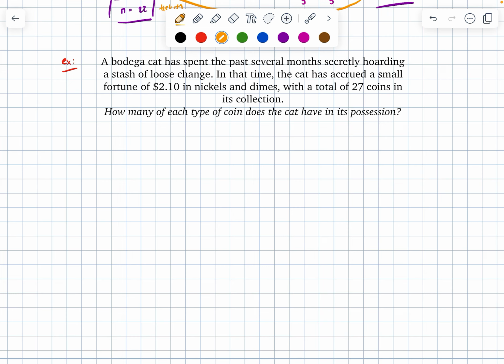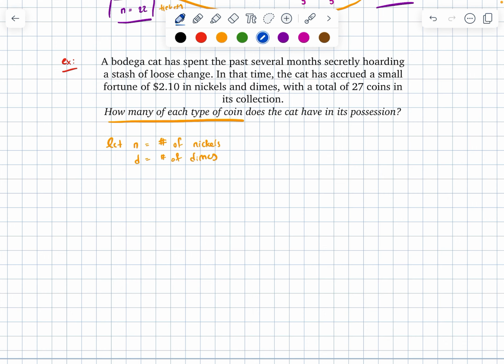And stop. All right, let's do it. So again, no need for a diagram here. Let's start with our variables. I want to know how many of each type of coin my cat has. Well, I've got 2 types of coins, so I'm going to need 2 different variables. So I know how many tells me I want specifically the number. So I'll say N to represent the number of nickels in my cat's possession, and